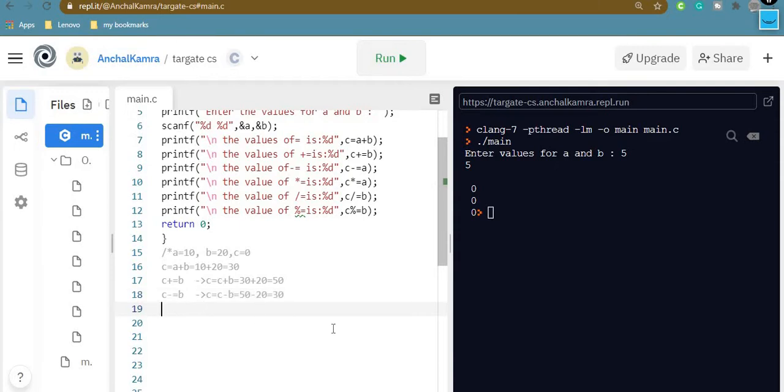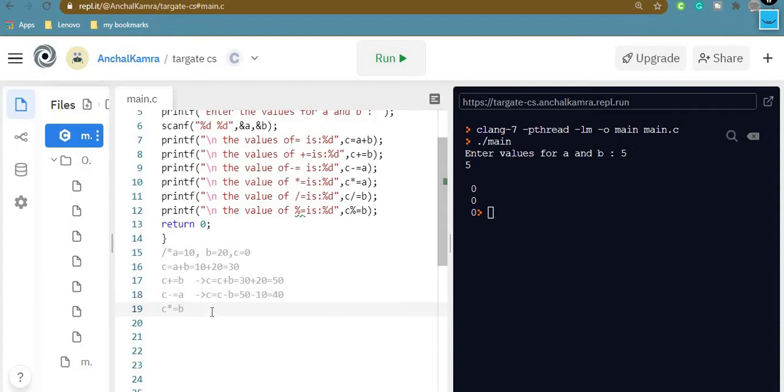Next comes C multiply equal to B. Oops, I just made a mistake. In the question it's C minus equal to A. Although there is no difference in the output, there will be no error. I was doing it right, but we need to match it exactly with the output on the screen, so that's why I am doing it for you. Now C minus equal to A should be 50 minus 10 and the answer should be 40.